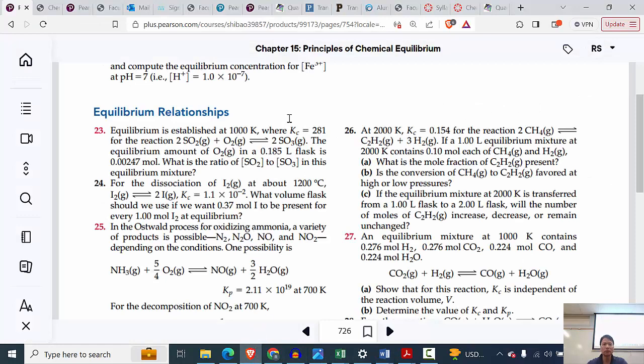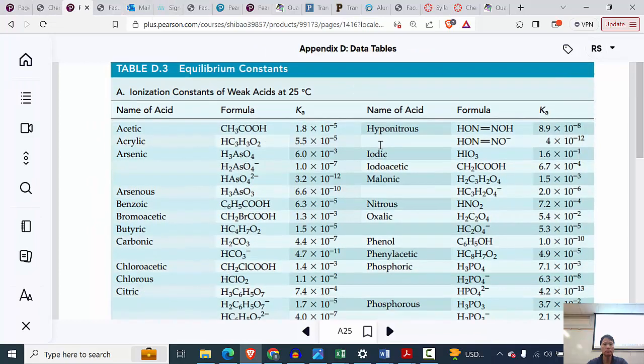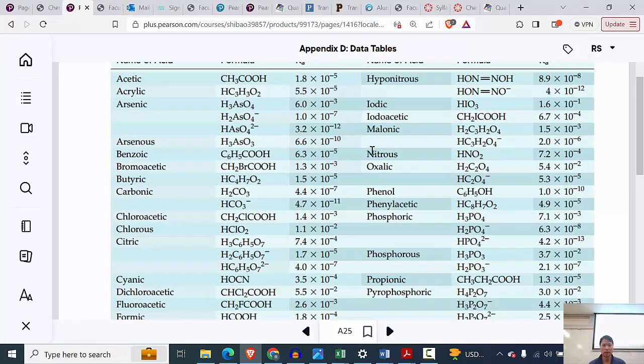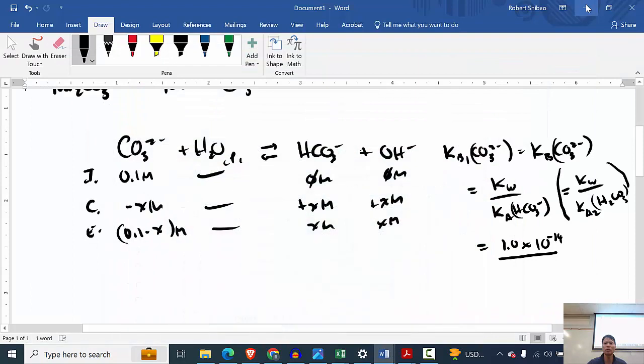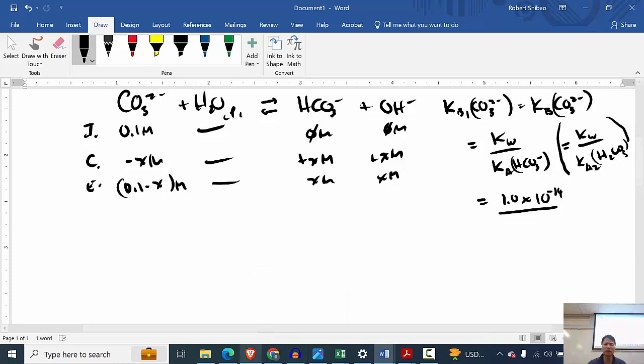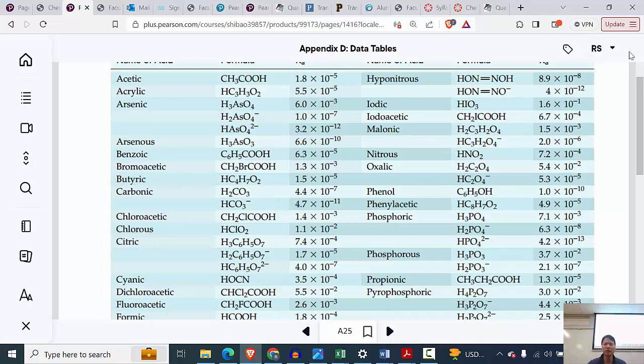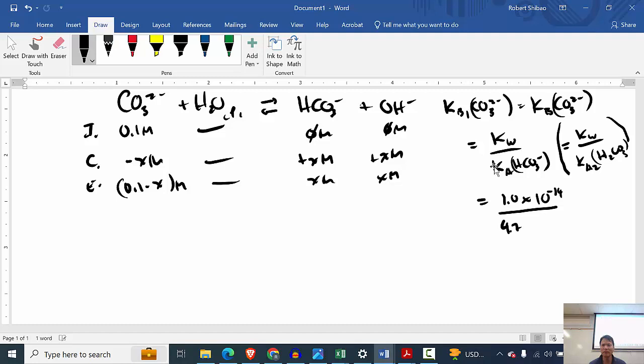So let's go to the chart here and take a look. I see it here. So Ka1 for carbonic acid is 4.4 times 10 to the minus 7. Ka2 for carbonic acid is 4.7 times 10 to the minus 11, which is equal to the Ka for bicarbonate. When I look at this value here, it's bigger than water. Water Kw is 10 to the minus 14, so this should produce more hydroxide, although water is more concentrated, so we don't necessarily know. We start with the biggest K. Now the biggest K will be, actually that's Ka. I'm trying to find Kb here, so I need to do an extra step. So this is going to be 4.7 times 10 to the minus 11. Put that down here, 4.7 times 10 to the minus 11, which is going to give me a Kb of,